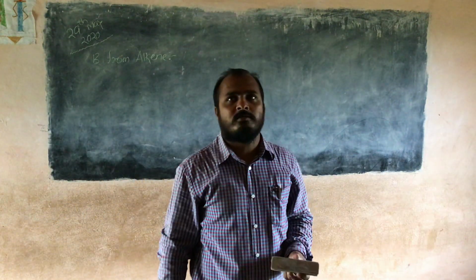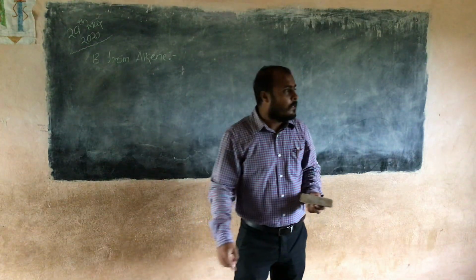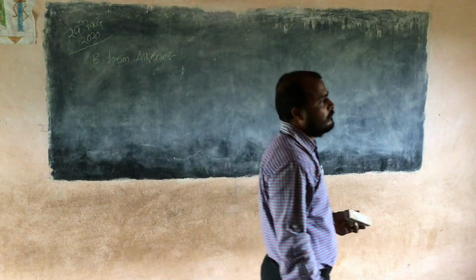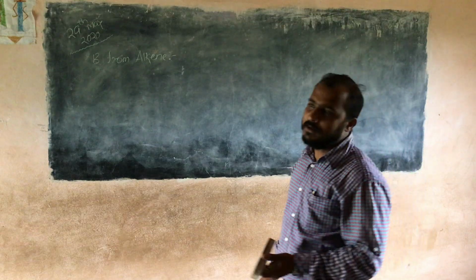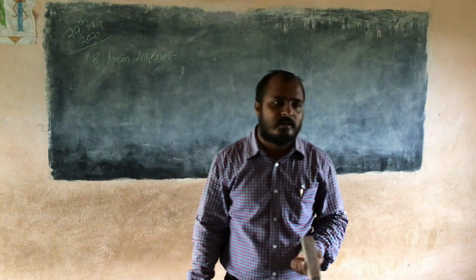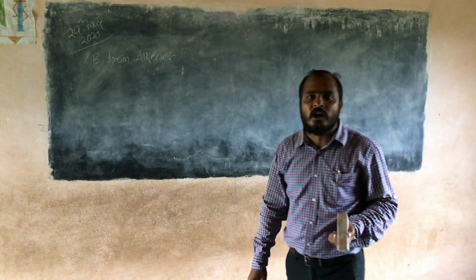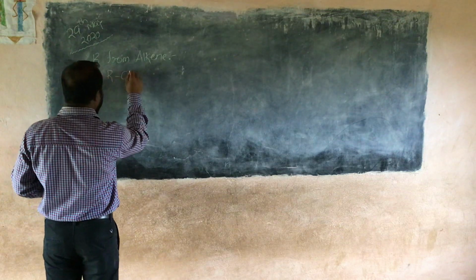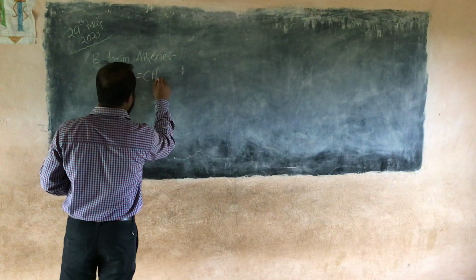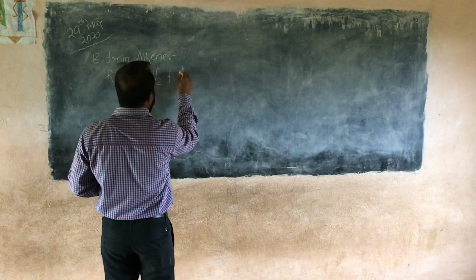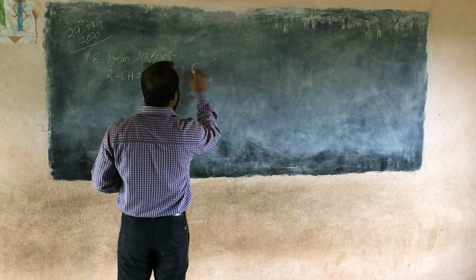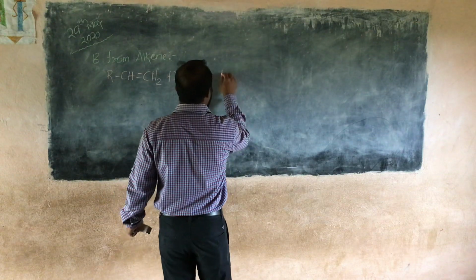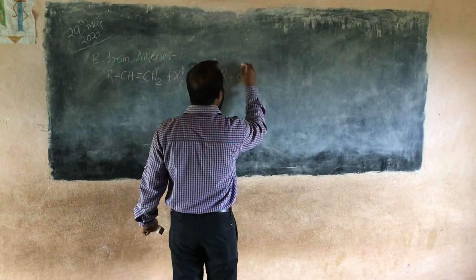So in the previous class we have studied the preparation of haloalkanes or alkyl halides from the alkene. By using the same method one can prepare dihaloalkanes or alkyl dihalides from the alkene. So alkene upon reaction with halogens in an inert solvent like CCl4 or CS2 gives dihaloalkane.